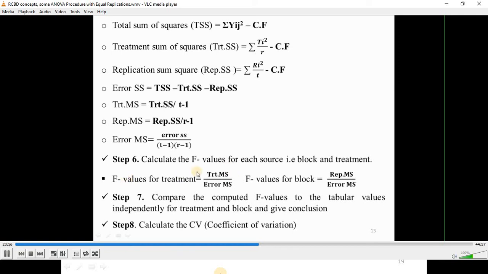F calculated for treatment is treatment MS divided by error MS, and F calculated for block is replication MS divided by error MS. Then after we have got all these values, we have to compare the calculated values with the tabular value independently for treatment and block, and give the conclusion. But lastly, but not least, calculating the CV value, the coefficient of variation, and placing